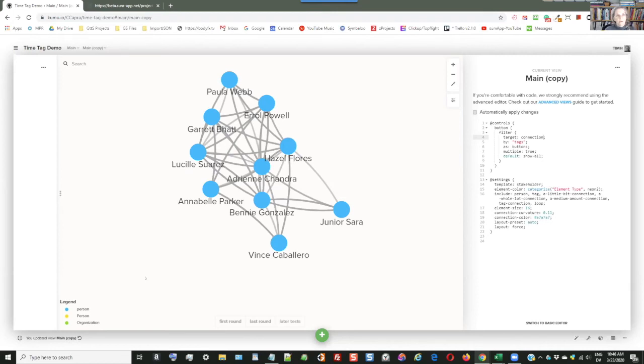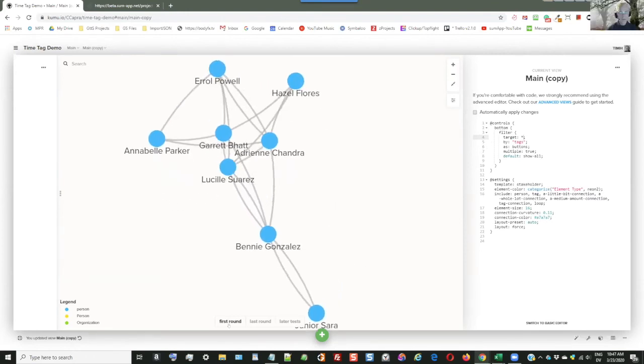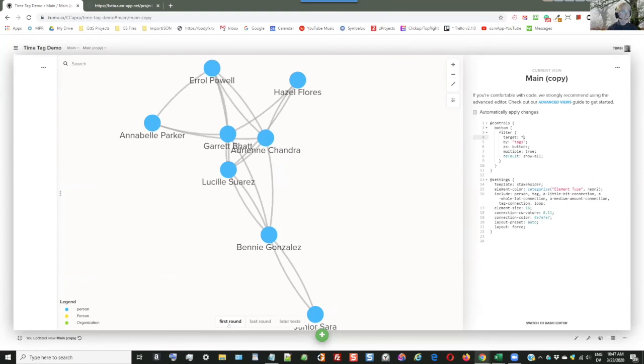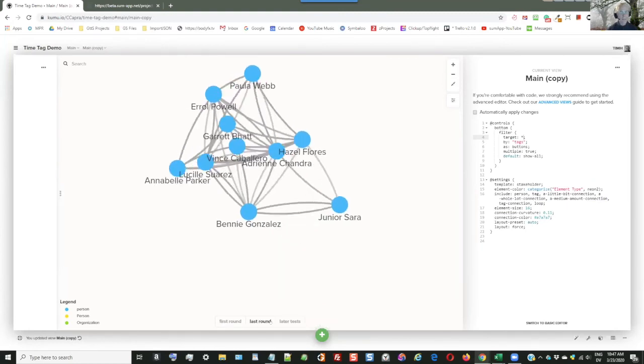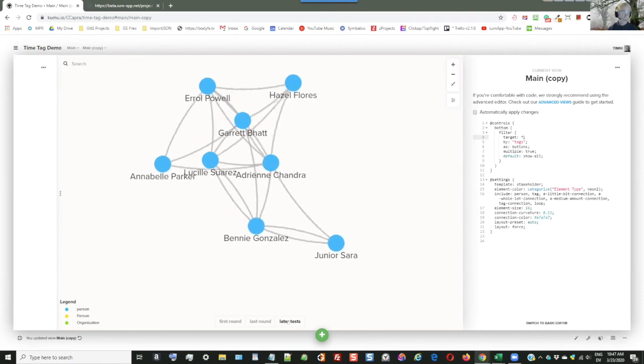But then the question here is, what if you want both? What if you want to look at them together? Yeah, if you want to look at them together, you just go here and put in an asterisk. That's a wildcard that will select on both elements and connections, or anything that has a tag field, which is elements and connections; nothing else would. This will then select for both. It's the most restrictive and maybe the most informative. Well, it just depends on what you want to show, I guess.